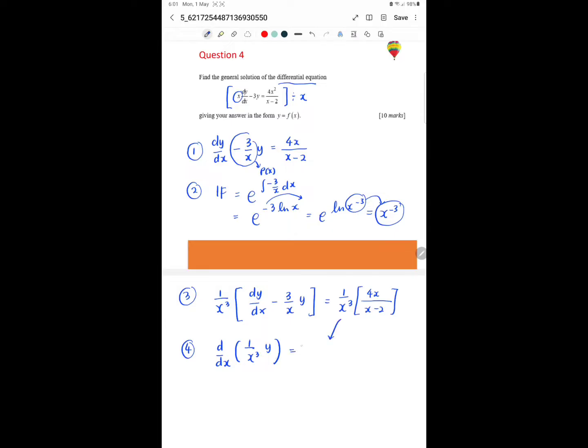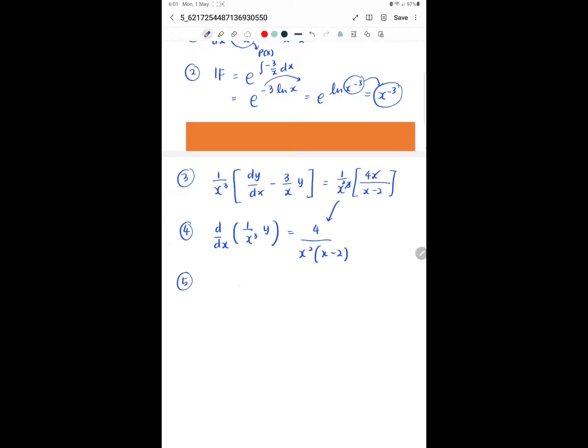The right side we just copy and paste back, here we have 4 over x square x minus 2. Then the next step, integrate both sides. So here we just leave as y over x power of 3, and then integrate the right side